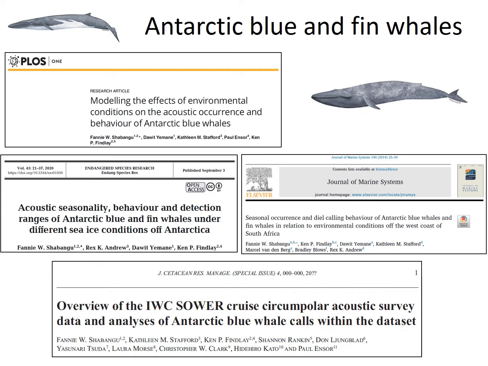As a result of this work, we showed that about 36% of the acoustic data collected from the SOA cruise was lost due to uncoordinated data management, which is scary in a way because so much money is spent in collecting this data. And I'll talk more about that towards my conclusion, how we can avoid such things in future research.